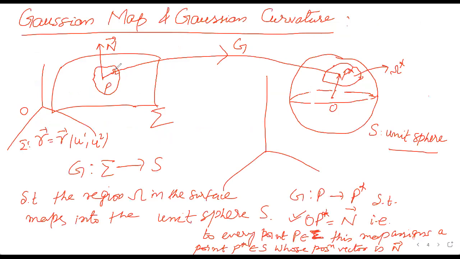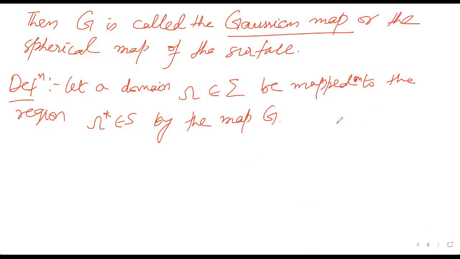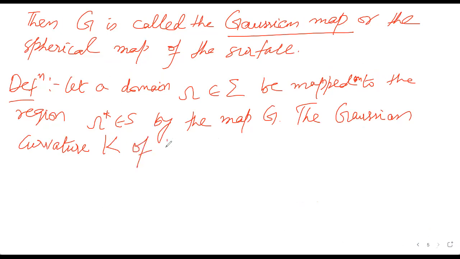इस जी मैप से मैं इस पूरे रीजन को मैप कर सकता हूँ यहाँ स्फीयर पे, है ना। देन द गॉसियन कर्वेचर, इसे हम डिनोट करेंगे K से, ठीक है। कप्पा मैं यूज कर रहा था कर्वेचर ऑफ द कर्व, स्पेस कर्व के लिए, है ना। ये आपका K है, द गॉसियन कर्वेचर K of the surface